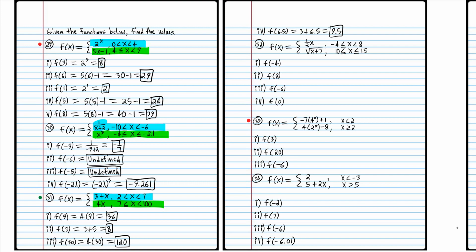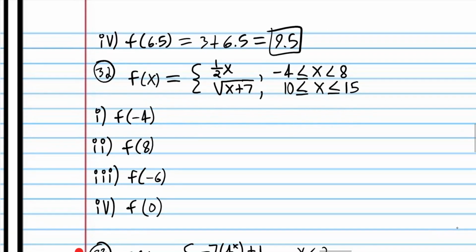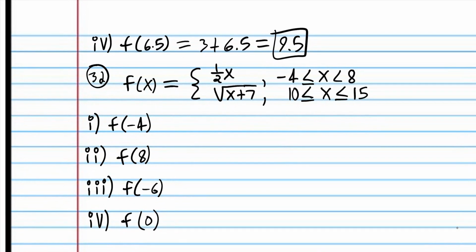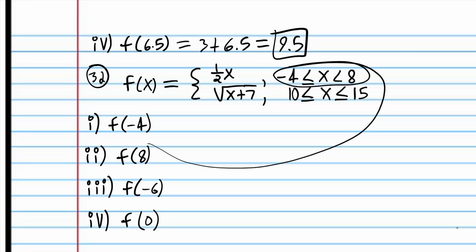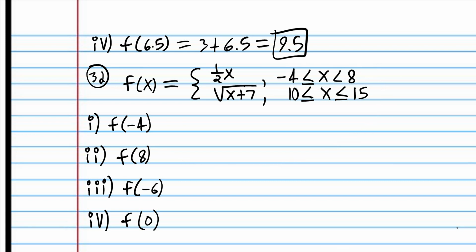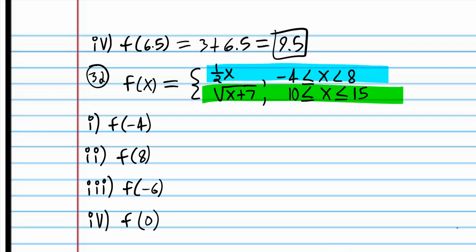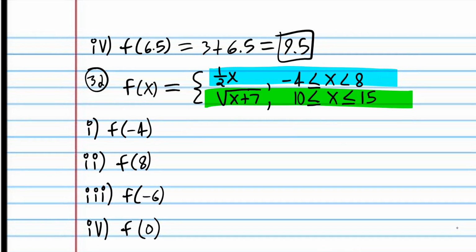Okay, we're back. So negative 4 is in this interval. It's at the end point of this interval, because x can be greater than or equal to negative 4. So we would use this blue equation. So 1/2 times negative 4 is negative 2. So if you got that right,